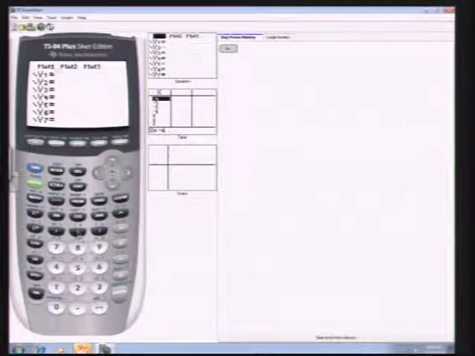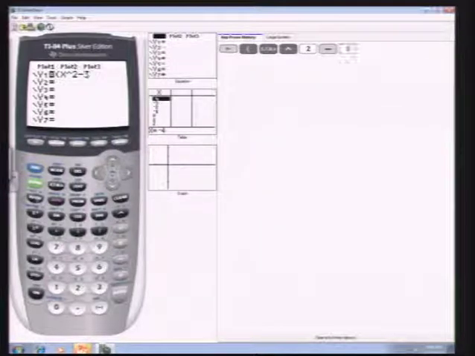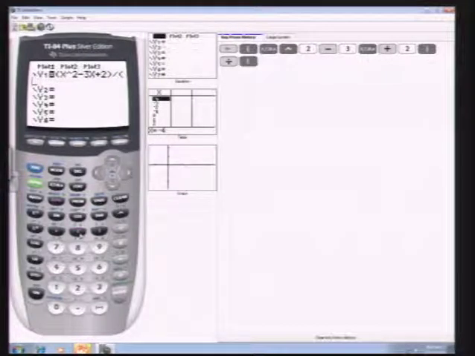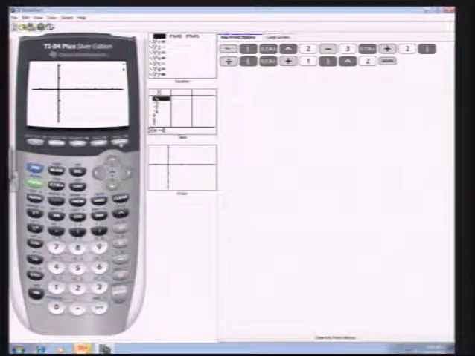So parentheses for the numerator, and then x squared minus 3x plus 2, close parenthesis for the numerator, divided by, and then open parenthesis for the denominator, x plus 1, in parentheses, to the second power. And when we graph,